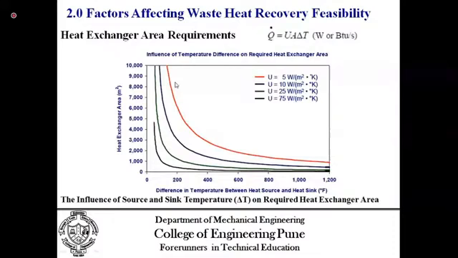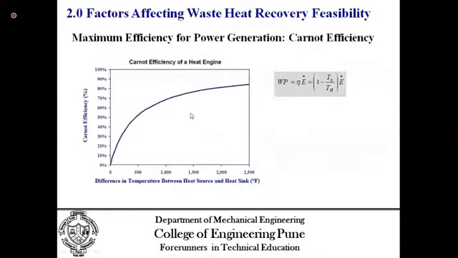This is what we know, the Carnot efficiency plot. As we know, as the delta T increases, there is an increase in Carnot efficiency. Initially, this Carnot efficiency will increase very sharply, and then it will try to settle down. So at a higher temperature difference, you will find that the Carnot efficiency will settle down. We are not interested in Carnot efficiency, but we are interested in this work potential.